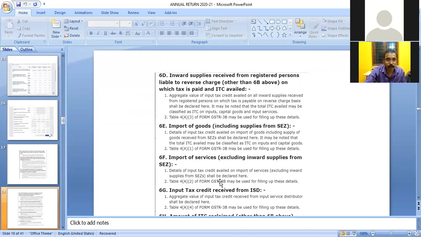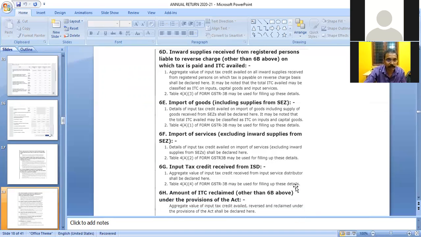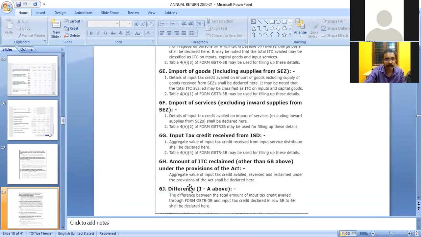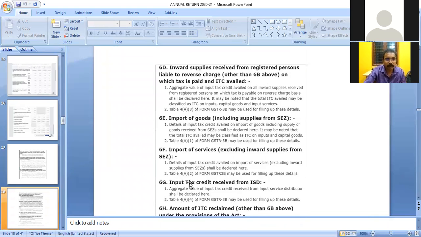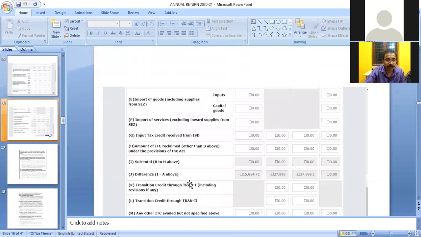Table 4A, column 2 of form GSTR-3B shall be used to fill up this detail. Then comes column 6G, input credit received from input service distributor. Table 4A, column 4 of form GSTR-3B shall be used to fill up this detail. Then comes column 6H, amount of ITC reclaimed.